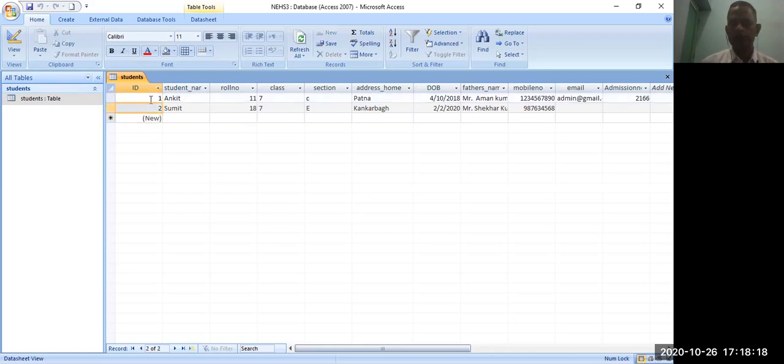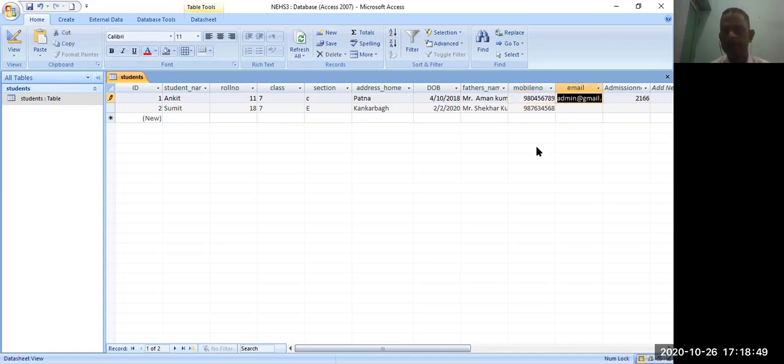So now you are able to understand how to create a database, how to create tables, how to add records, and now you can also modify. How will you modify? If you have done anything wrong, or if you want to modify a value, for example if you entered the mobile number wrong, you just need to do the correction.